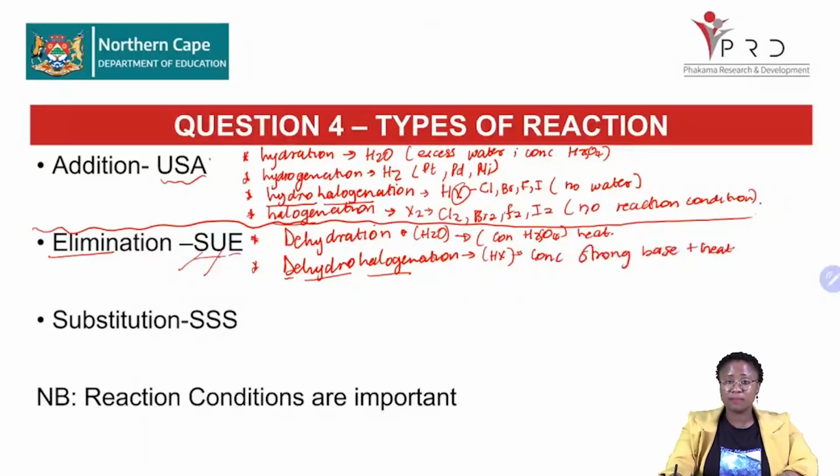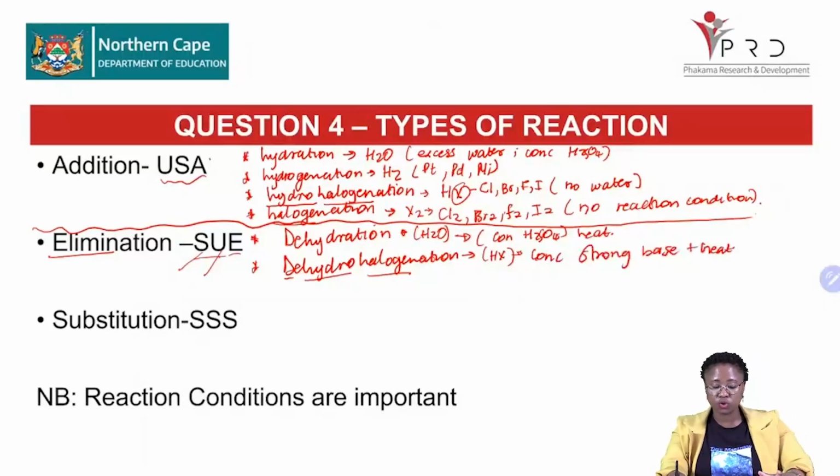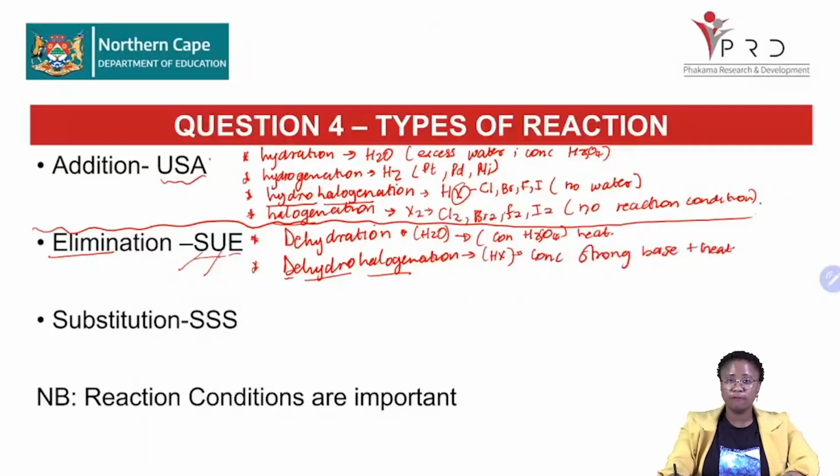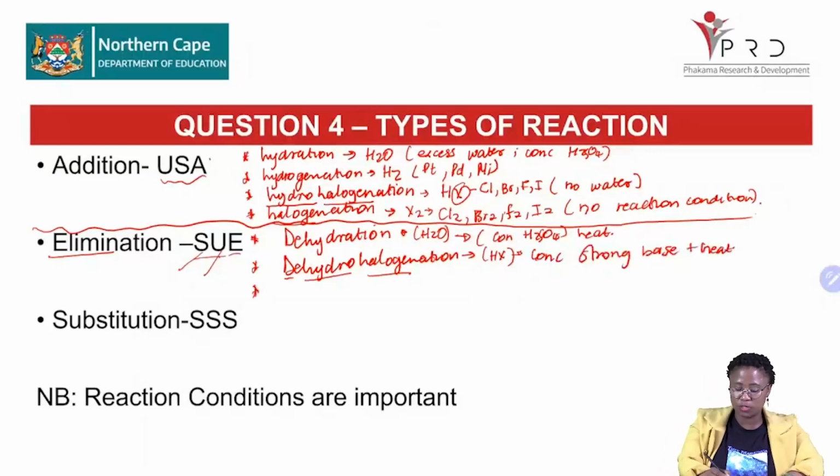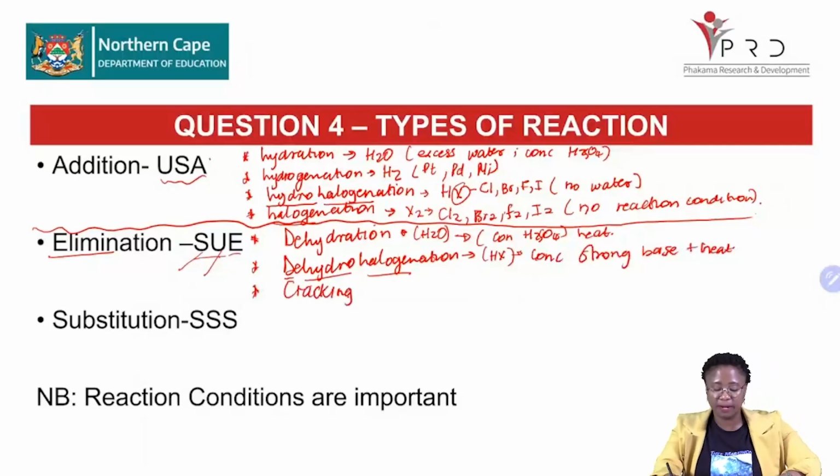And what you must remember is that when you are dealing with dehydrohalogenation, you have 3 products that will form. All right, very much important to remember that. Then lastly, you have cracking. Okay, remember when you are cracking, you are actually breaking down a longer complex organic compound or molecule into simpler